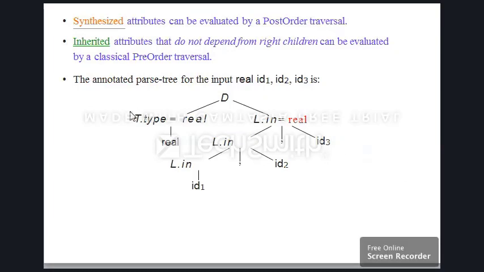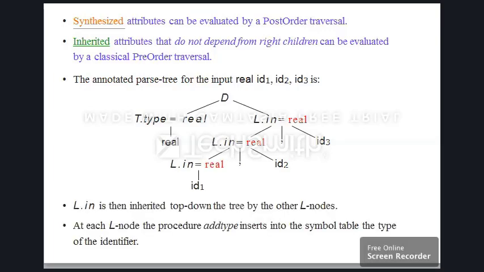What we find is that T.type equals real, by the production real, is a synthesized attribute, whereas D having the form of TL gives L.in, an inherited type that inherits the type T, real.